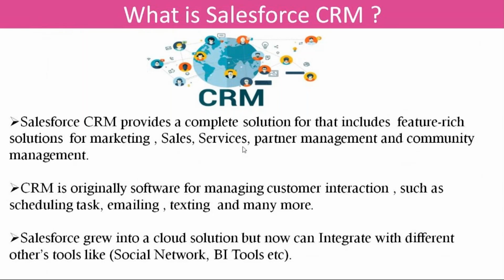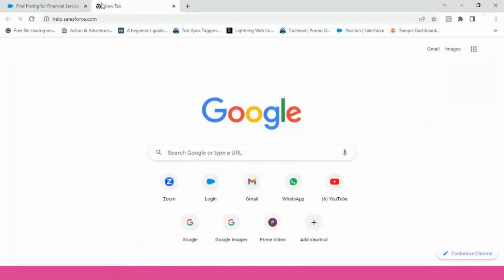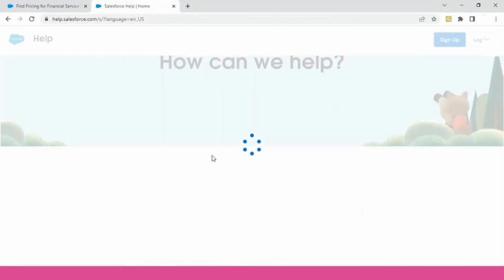Salesforce has a community platform. We have two types of community platform, the partner community and the customer community. Customer community is a public platform, where anyone can interact, anyone can post, anyone can comment. But for that, they have to sign up first. For example, here I'm talking about help.salesforce.com, and here we have a community platform